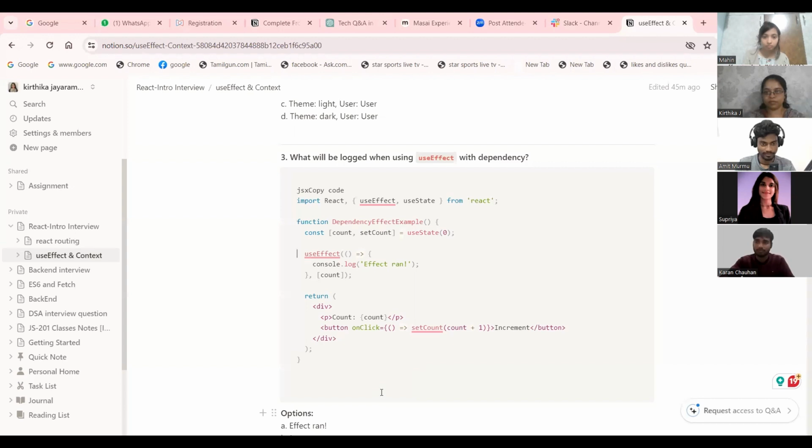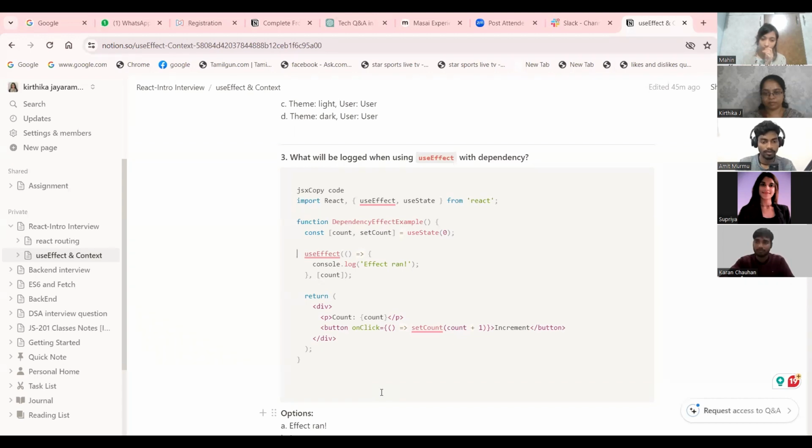I'm ready. Yeah. So here it is an example of how useEffect works in the updation phase. We have a state called count and setCount, and we have a useEffect, and since we have been given a dependency array, this useEffect will work only at the updation phase. So whenever count is updated, this useEffect will run after the render. So at first it will not run. And we have our JSX like count is equal to 0, since we started it with 0, and then we have one button, and that button sets the count to